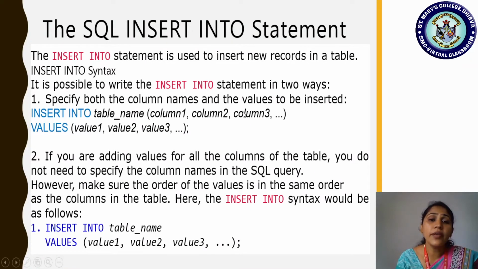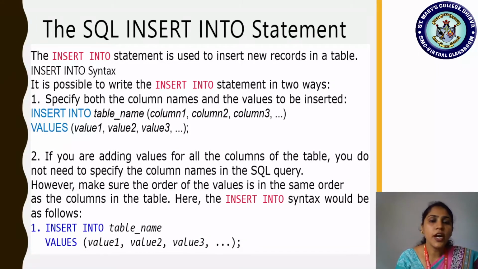So when we are inserting the data, we add what value to which column. That is what they mean by specify both the column names and the values. Every time we specify for which column what data or value we are adding.